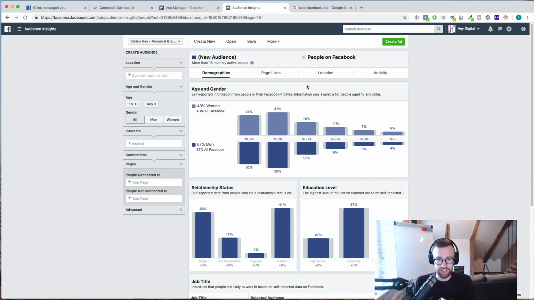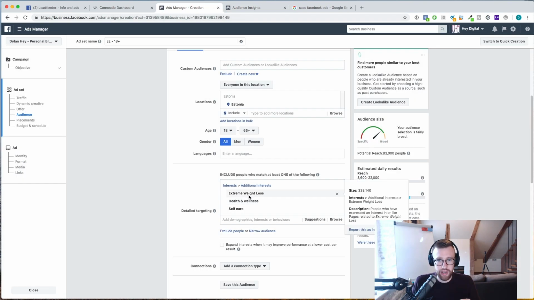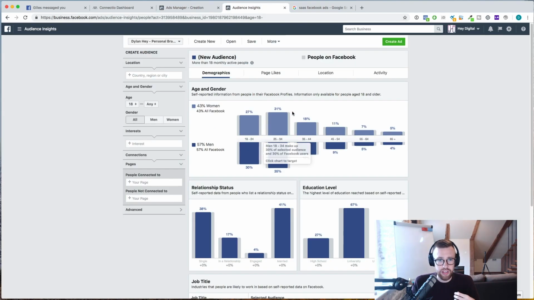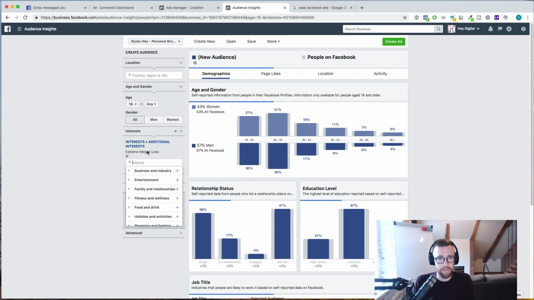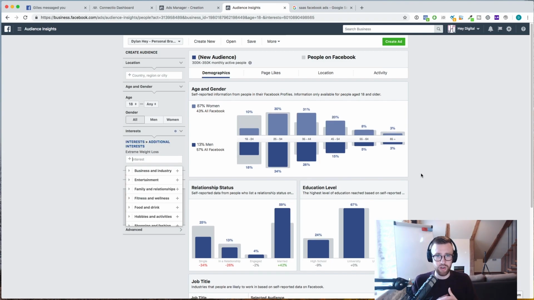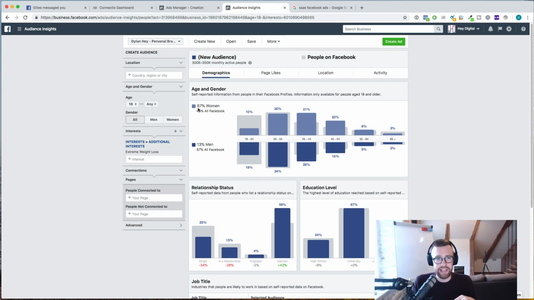This is basically showing us data from all of the people on Facebook. So Audience Insights is there to give you a bit more insight on the audiences that you're targeting, right? We had extreme weight loss as a targeting option. So within Facebook Audience Insights, if I go into the interest section over here on the left and I type in extreme weight loss, it will now give me a breakdown, more information about that audience, that interest of extreme weight loss. So you'll see that 87% of the people that are interested in extreme weight loss on